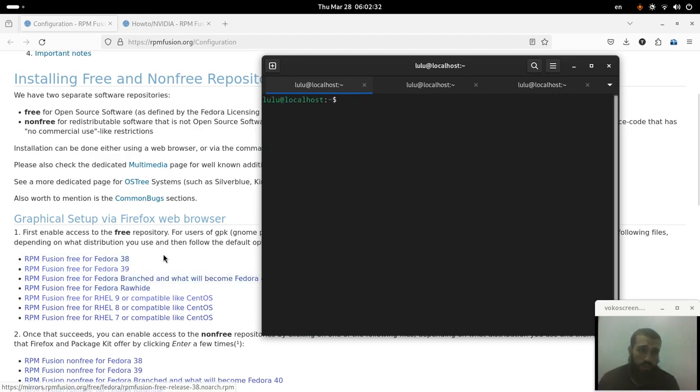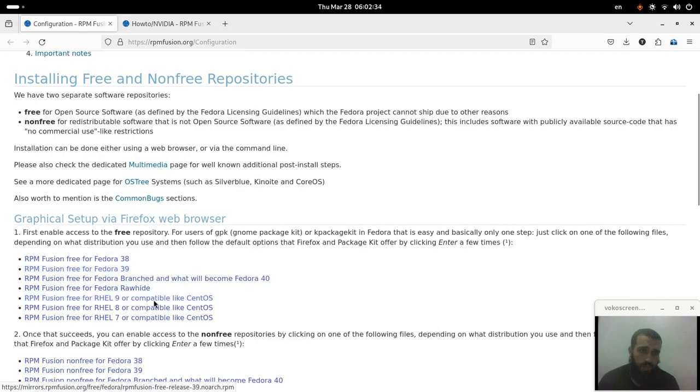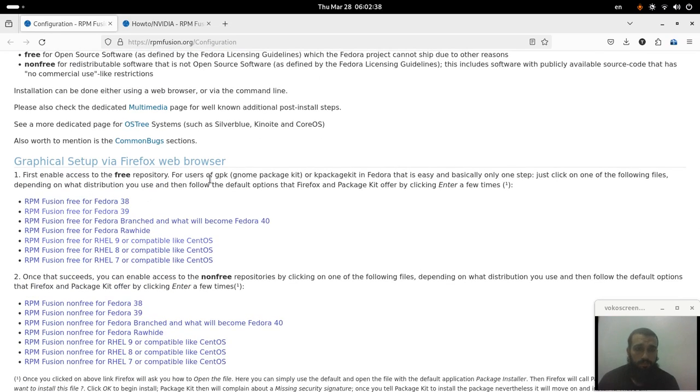Alright, the first thing you need to do is to come to this page. You do this twice. First with the free repository for RPM Fusion. The second one is non-free. You need to add these two ones. If you are using, for example, RHEL 9 or compatible, like Alma Linux or Rocky Linux 9 or CentOS Stream,